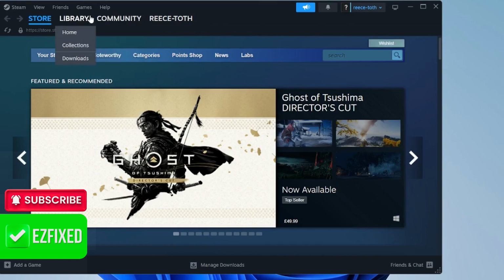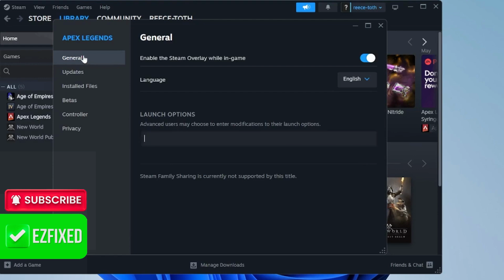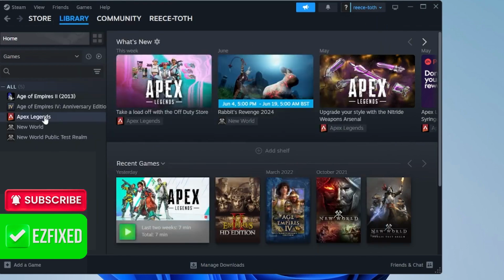Once you've launched up Steam, you'll need to come over to the Library tab, find Apex Legends from the list and right-click, come into Properties, then inside of the General tab you should see an option for Launch Options. We're just going to type inside of here the plus symbol fps_max space 0 hyphen novid. And this is just basically going to uncap your FPS, and it's going to skip the intro video on launch up. We can then exit out of here to save those changes,